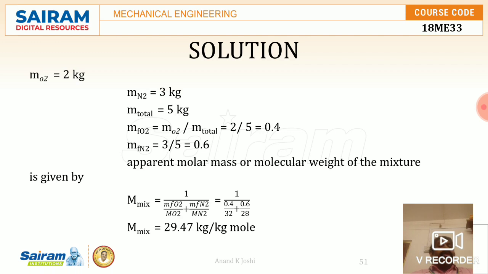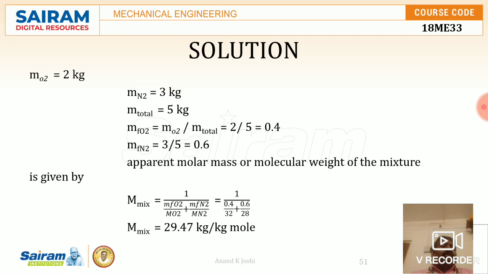Okay, when you are calculating the mass fraction, you get the mass fraction of the first gas as 0.4 and the mass fraction of N2 as 0.6. When you add the two gases of that mixture, it should be 1. If you do not get 1, then there is a mistake in your calculation. That is one part. Once you know the mass fraction of the particular gases, you can find out the molecular weight.